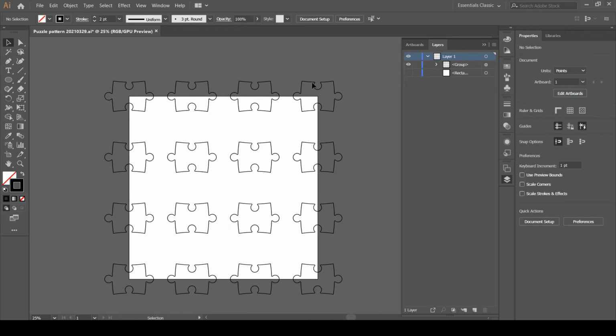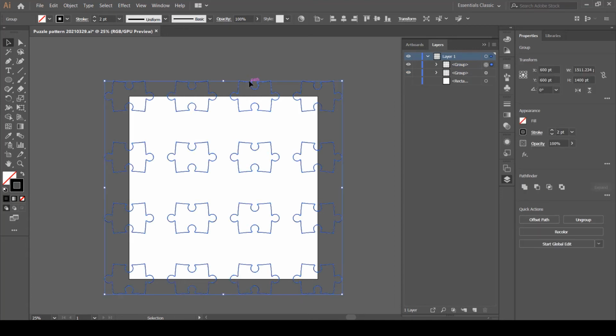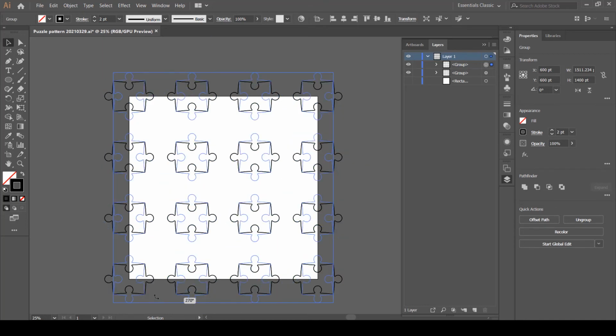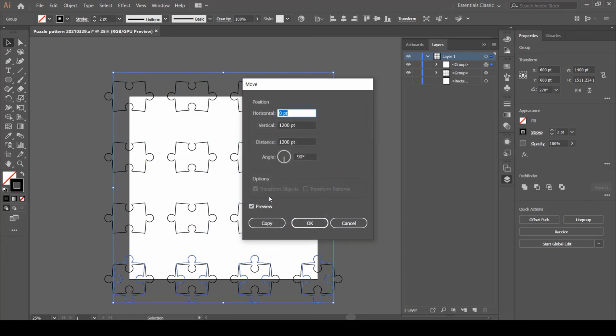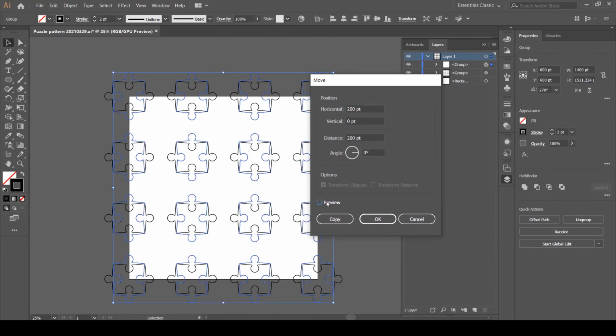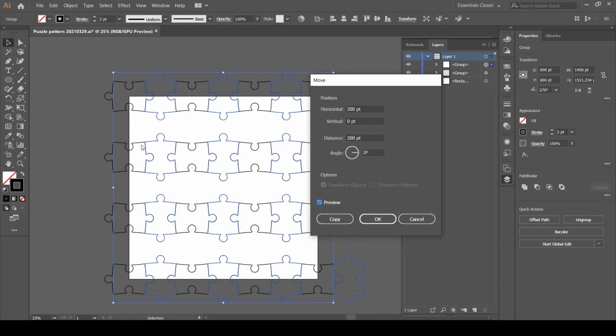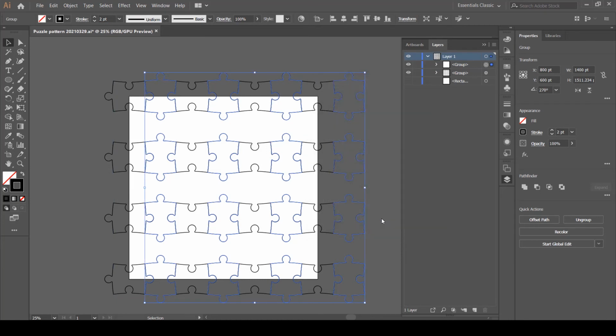Now all of the corners are filled with this, but we still have to fill the spaces inside that are still remaining in our artboard. So we can simply copy it, paste it, and then rotate it vertically. Again we're going to go to transform, move, and instead of moving it vertically any distance, we need to move it 200 points horizontally. Let's preview it again, and you can see that it is filling our empty spaces here. So let's click OK. That's good.